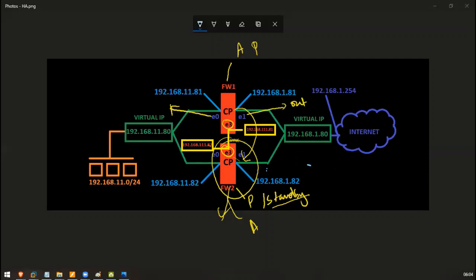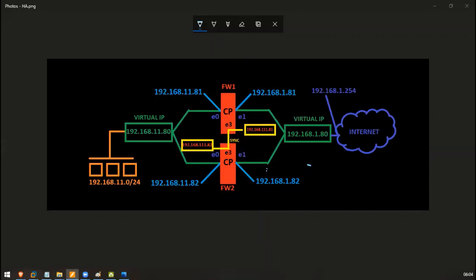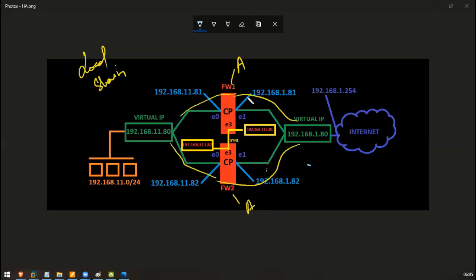There is one more kind of high availability, which is load sharing. Load sharing is nothing but both firewalls being in active state, which means they will distribute the traffic among themselves. So the traffic will flow both ways and reach the host or network. Both the firewalls being active shows us that this is load sharing. So we have some networks. Let's discover our networks first.